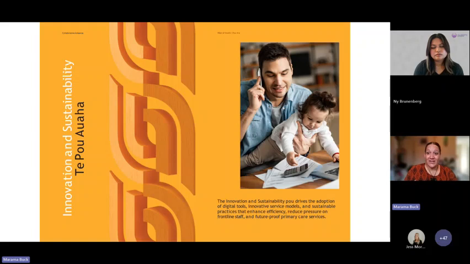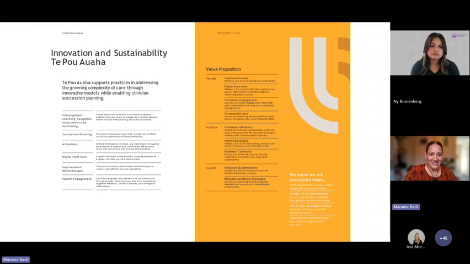Digital equity is really important to this, and ensuring that we have lots of supports available that are digitally focused, but that we don't then take away those opportunities for access in those kanohi face-to-face ways. So in this Pou, there are 6 elements. And again, we'll quickly run through just from the bottom.